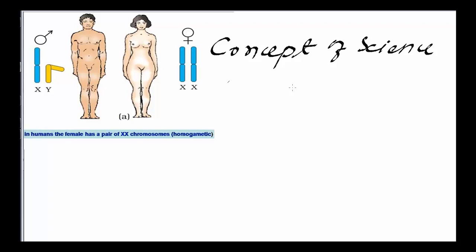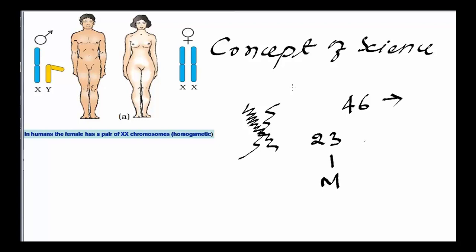In this video, we will learn what determines the sex of a human baby. If you have gone through my earlier video, you would have understood the term chromosome. There are 46 chromosomes present in a human being. 23 come from mother and 23 come from father. And you must be knowing that each cell of a human being consists of 46 chromosomes.